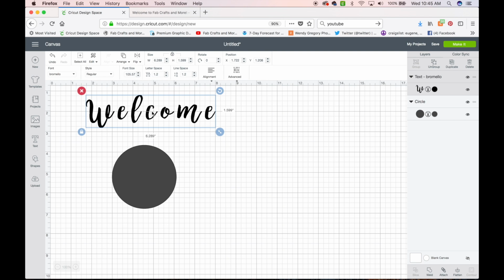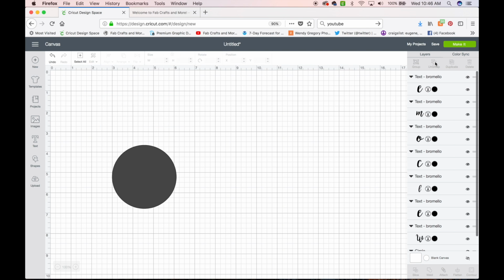So how you bring the letters closer together is you come up here to where it says letter space, and you can enter a value like 0, which is going to be smaller than the 1.2 that it was just at, and that'll bring it a little bit closer together. And then you can also click on the down arrows to bring them closer and actually touch each other where it looks like it's one continuous script. So I'm going to keep this at -0.6,